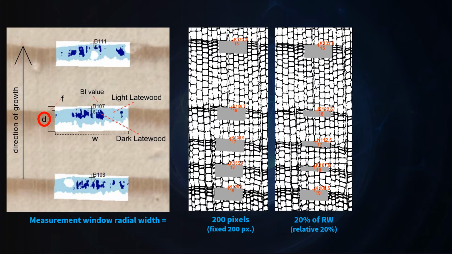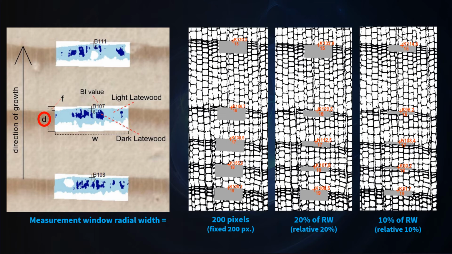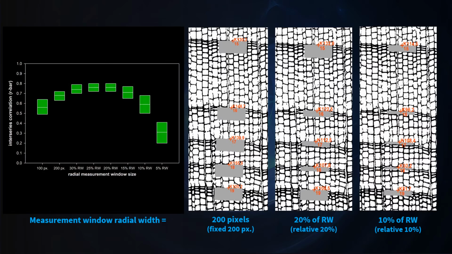For example, we could look at 20% of the ring, or 10%, to try to get as accurate a representation as possible of the part of the ring with the highest density. And if we look at the inter-series correlation of some of these different parameterizations of the program, what we see with the fixed pixel width